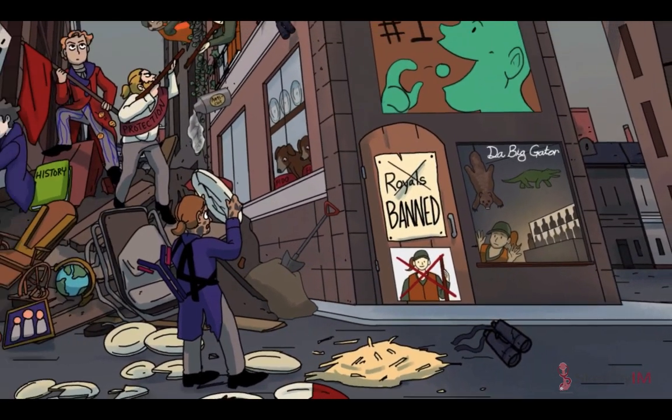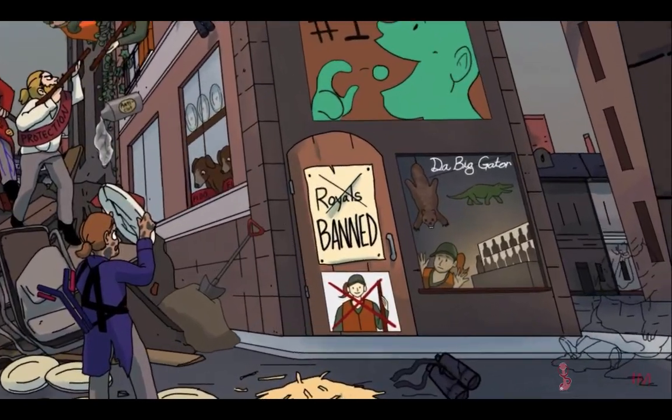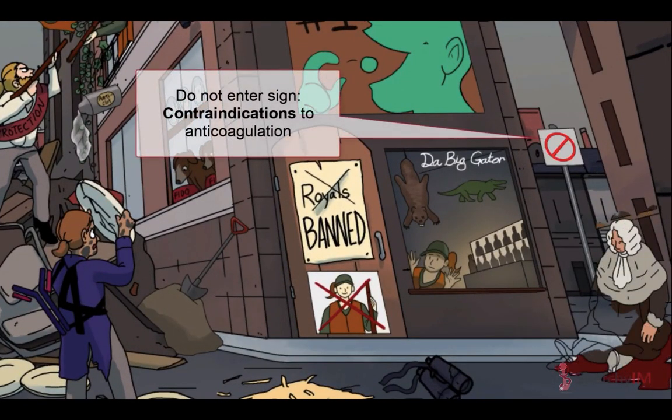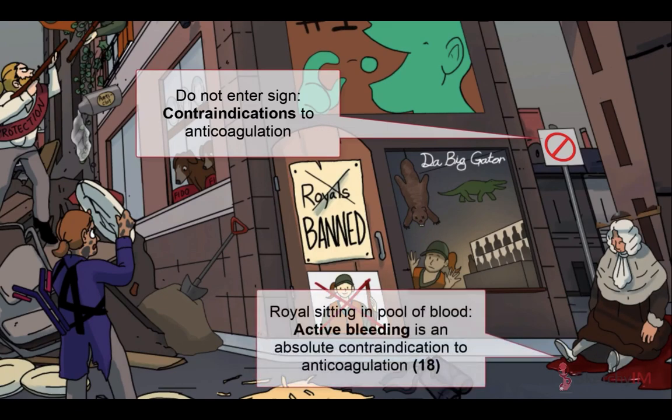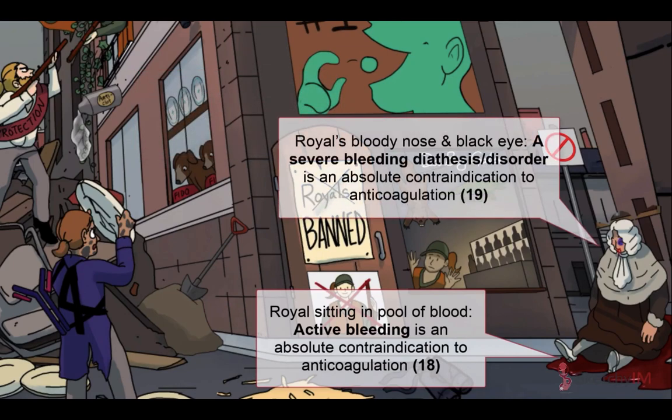As you might imagine, there are a number of circumstances in which you do not want to anticoagulate. Let's check out this unfortunate royal sitting under that do not enter sign for the absolute contraindications to anticoagulation. Clearly, you can't anticoagulate someone who is actively bleeding. Likewise, anyone with a severe bleeding diathesis, represented by the royal's bloody nose and black eye, should also not receive